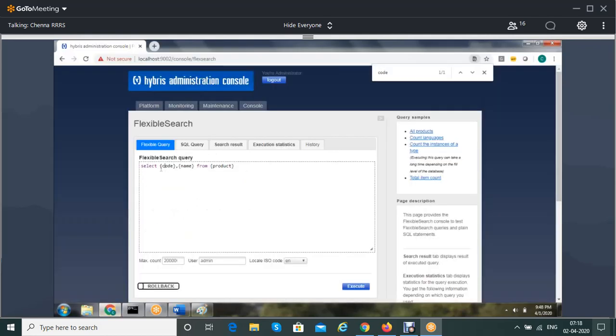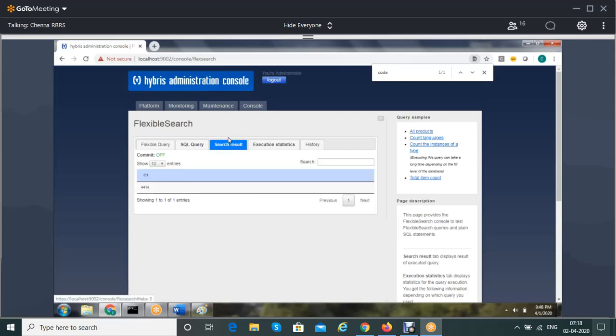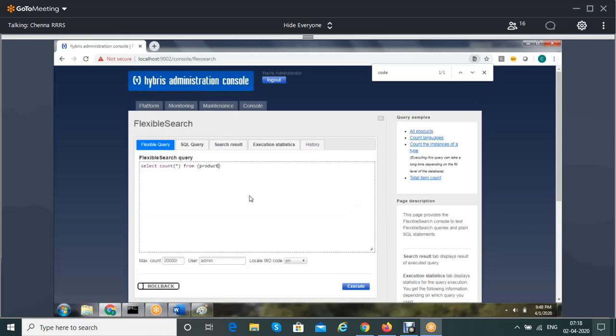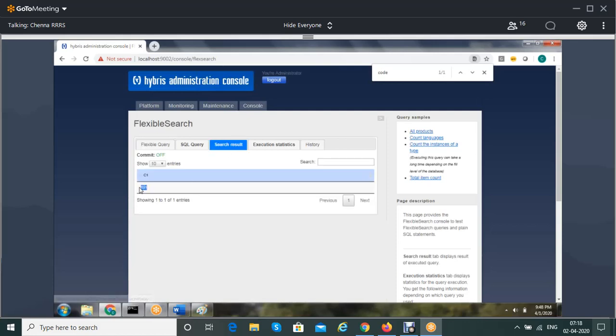Let's observe once. I am writing select star from product. It is giving 4,414. Now if I use this symbol, now you should get less. You can see you are getting only 531.